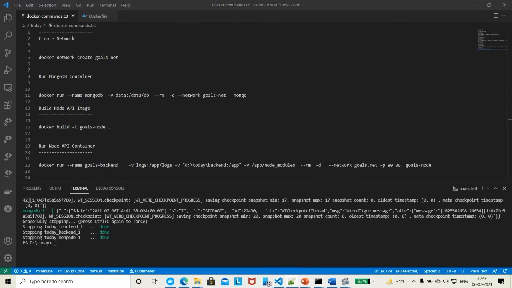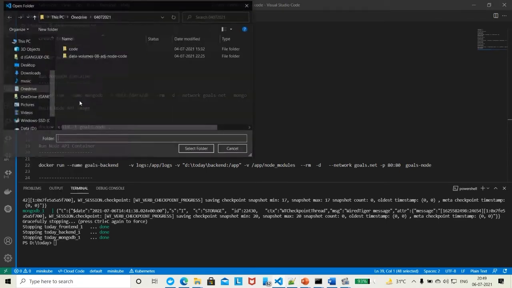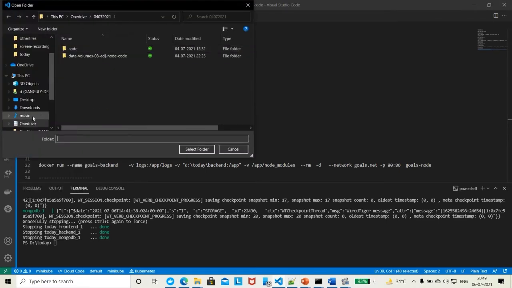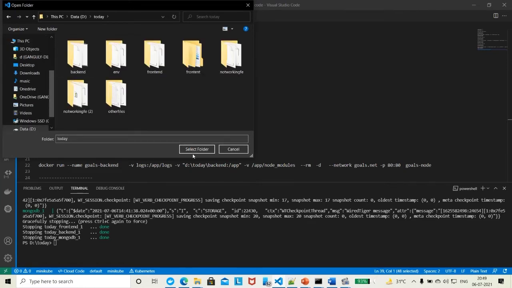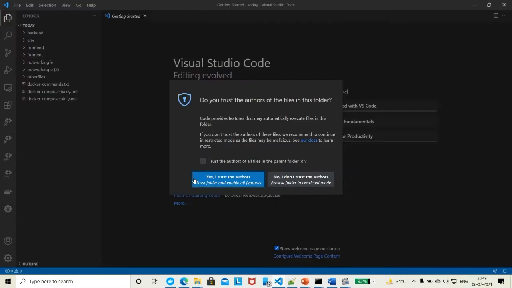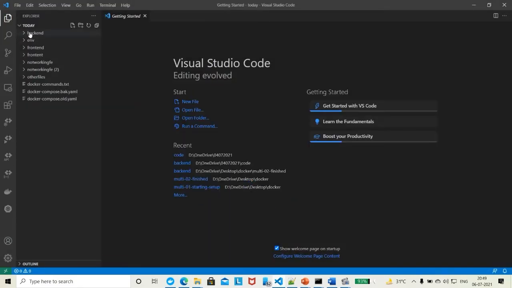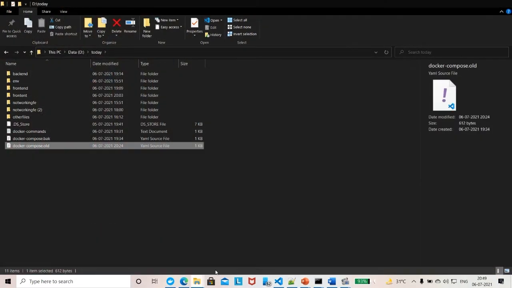So first, let us go to File, Open Folder. We will go to the project. Yes, over here we will select this folder. We can see there is a front end, there is a back end, and again a lot of bad directories, we will remove them, they are not needed.